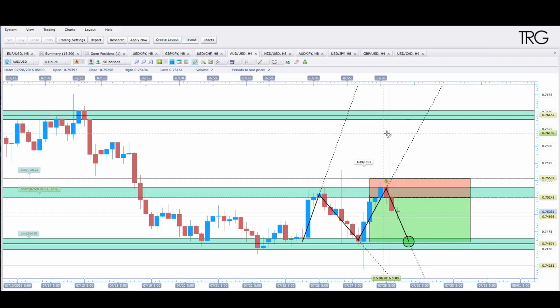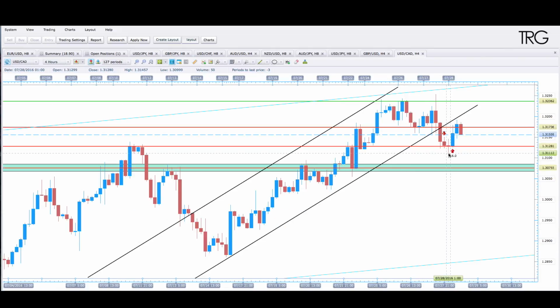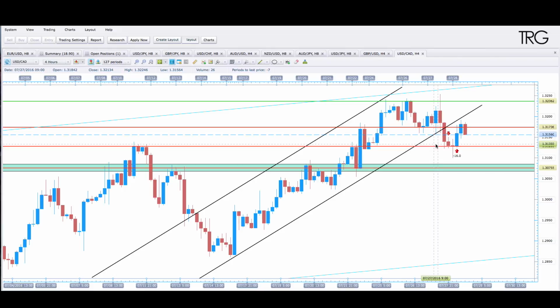And so as you can see, it's heading in the right direction. So far, so good. Let's talk about the trade that didn't work out. We got into this trade last night. This trade really didn't make any sense to me. I don't know why I took this trade, but for some apparent reason,